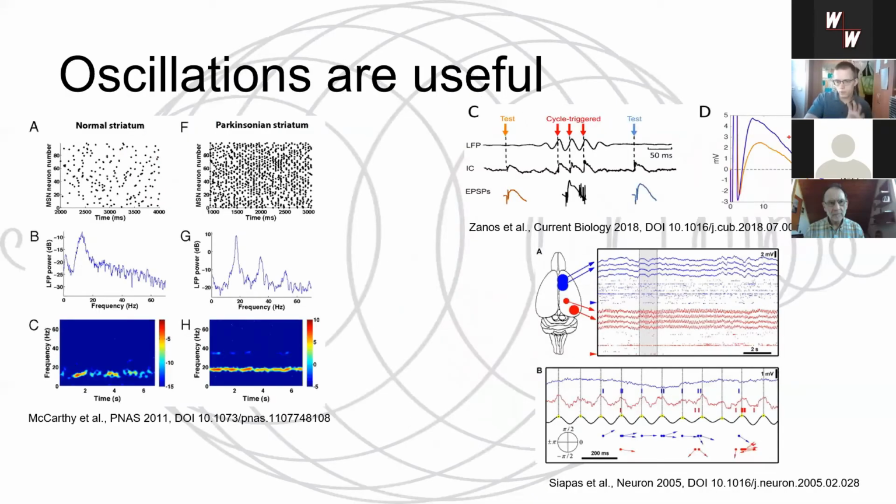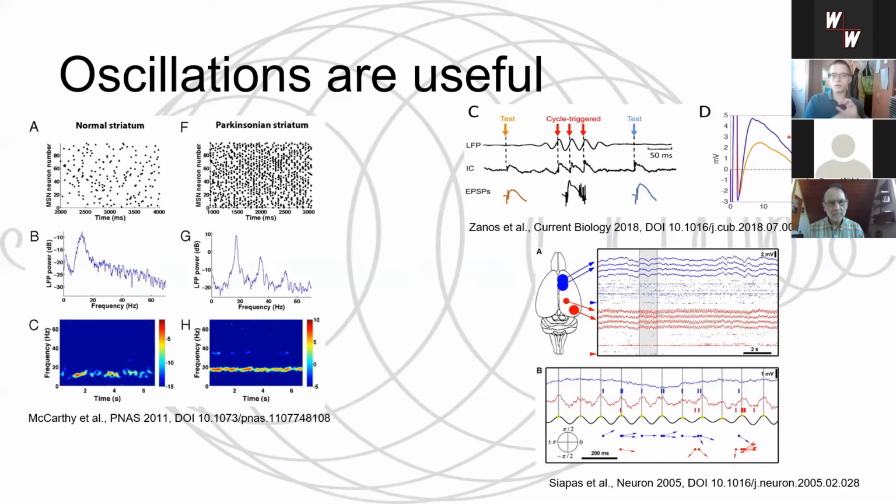Nonetheless, oscillations are useful. Oscillations are a useful model for understanding a number of things happening in the brain. So, for example, for Parkinson patients, when you record brain activity from Parkinson patients, then you see pathological oscillations. So you will see that they have a too strong oscillation in the beta band. Beta means around 20 hertz. And this represents a pathological hypersynchronization between the basal ganglia and the motor cortex.